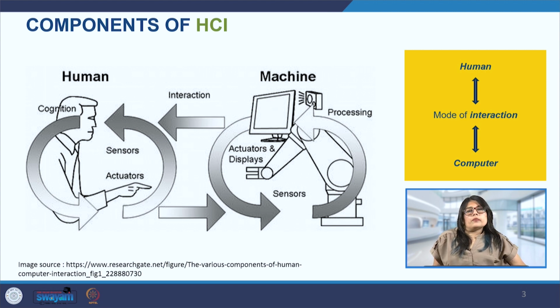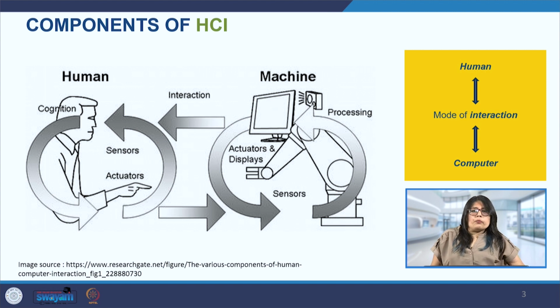As an example, the smartphone that we use on a daily basis has a touch screen, and it is part of the technology that enables us to interact with different apps using gestures like pinching or touching the screen.